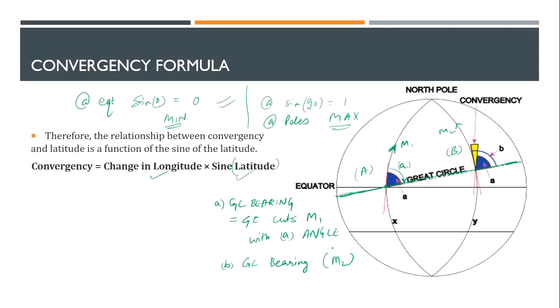Now, if you see clearly, there is a difference between A and B. B is greater than A. When B is greater than A, I can simply say convergency is equal to B minus A. That is the angle at B minus A. So in questions, if you do not have your longitude and latitude and you still are asked for convergency, take a hint that I have told you 2 formulas. There are 2 formulas existing for the same thing.